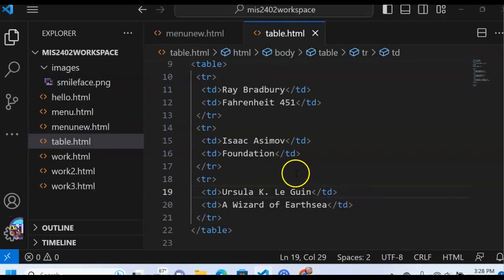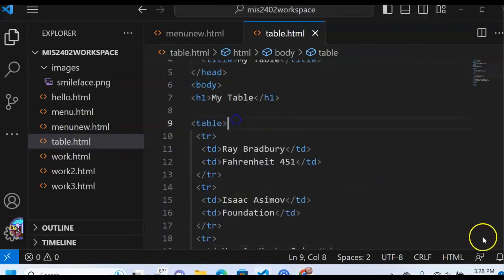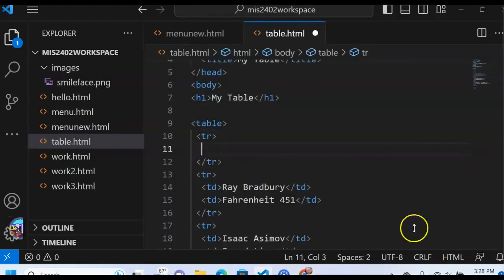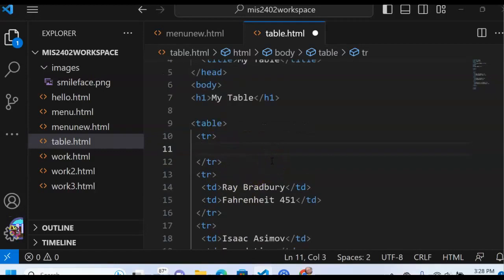What if I wanted to have a header at the top here that said author and book title? Well, to do that, I would put my row at the top, and I deliberately did not do that first thing because I wanted to emphasize the TR tag and the TD tag and the table tag first because they're the most important. But now that I've gotten this far, I'd like to have my top row, and the first